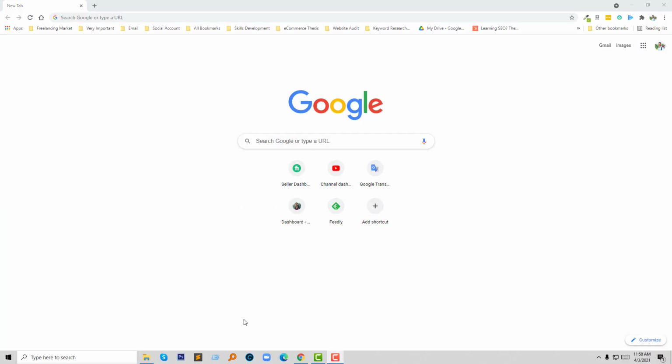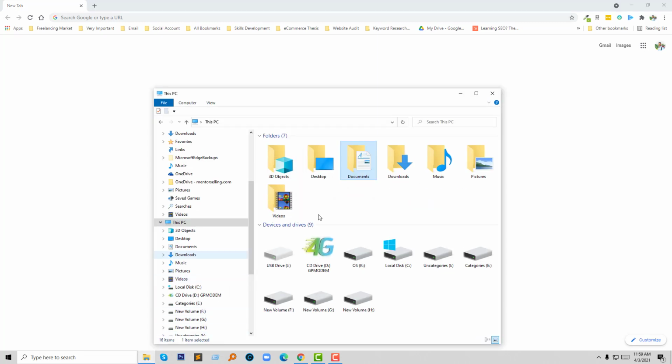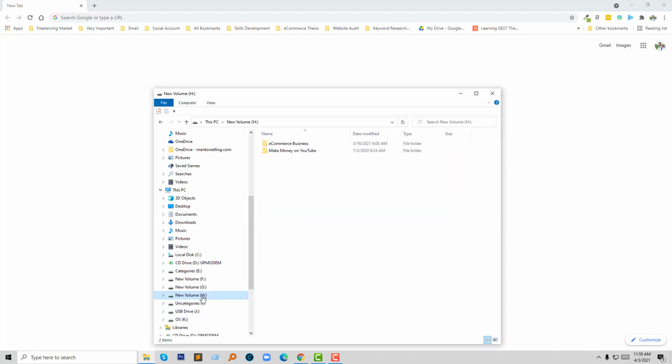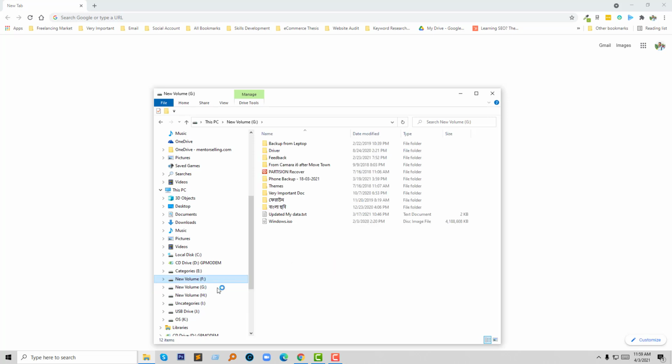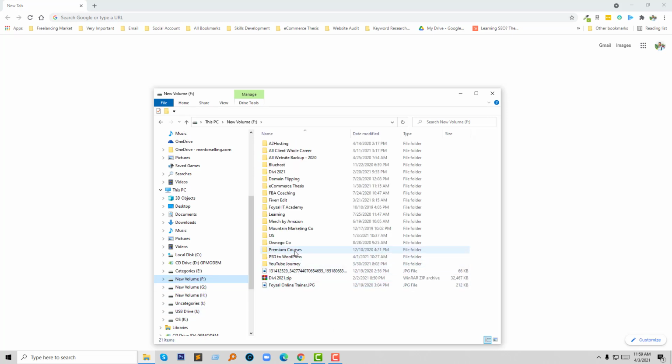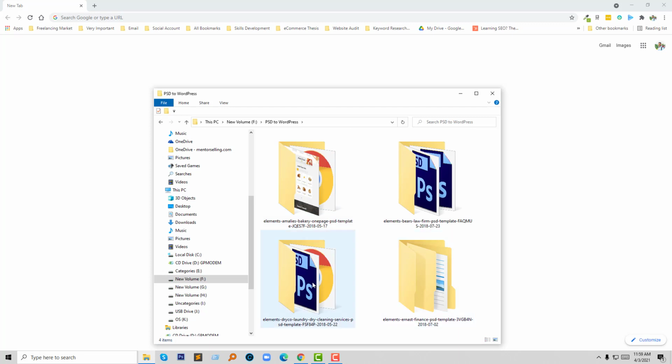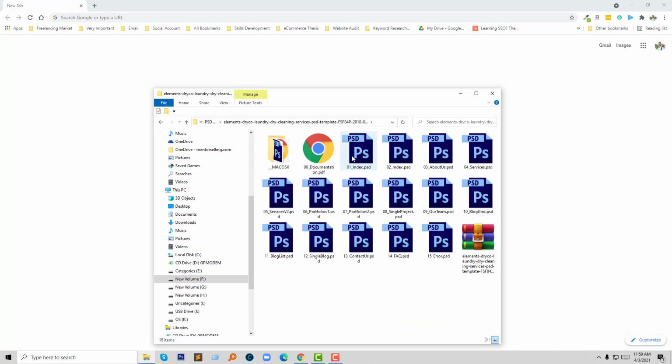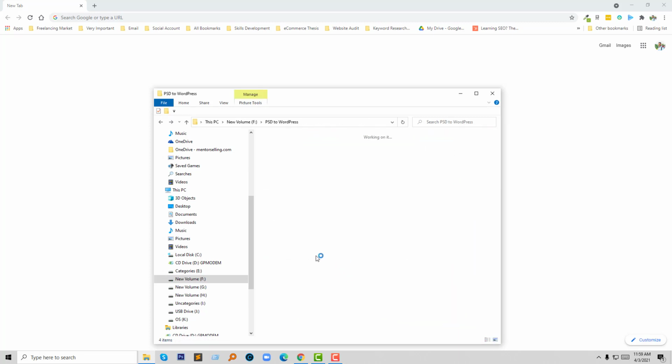Today we are going to start our first PSD to WordPress theme conversion tutorials and WordPress theme development tutorials from scratch. This tutorial will be very helpful for beginners who want to start their career as a WordPress theme developer, so you can continue this tutorial. First of all, I'm going to open my PSD file. So this is my PSD file that I'm going to open,